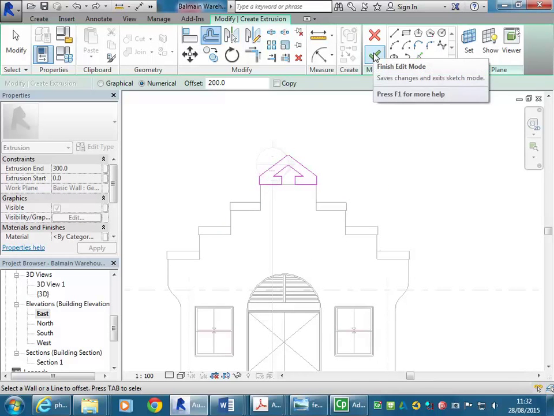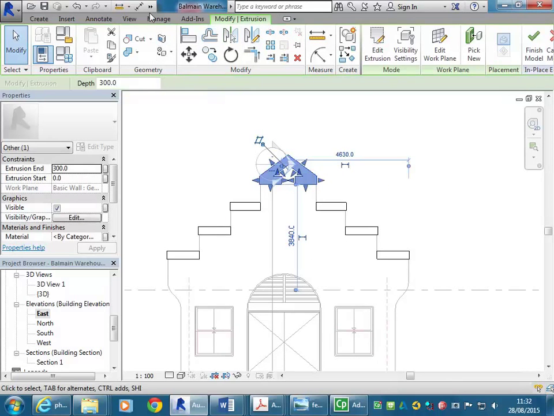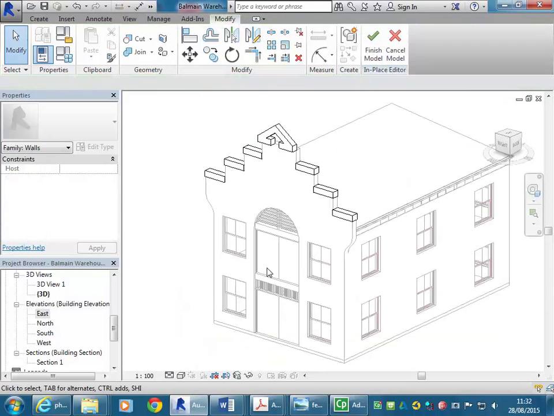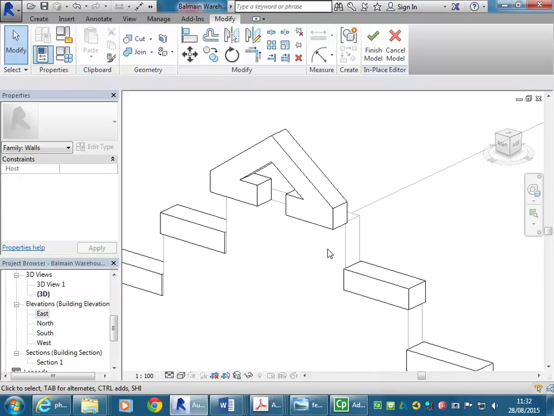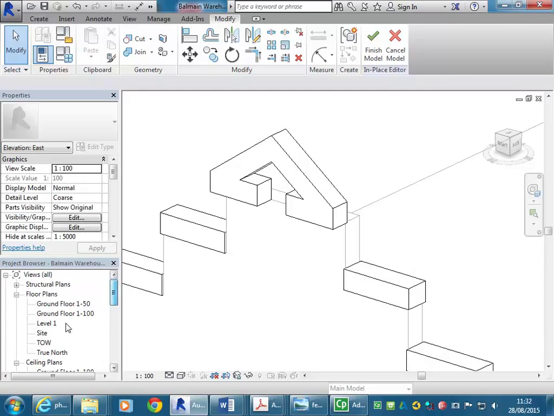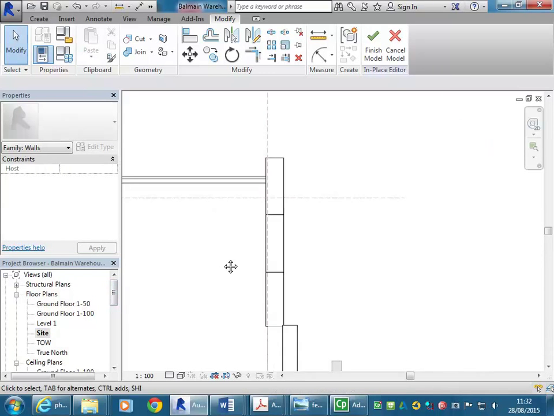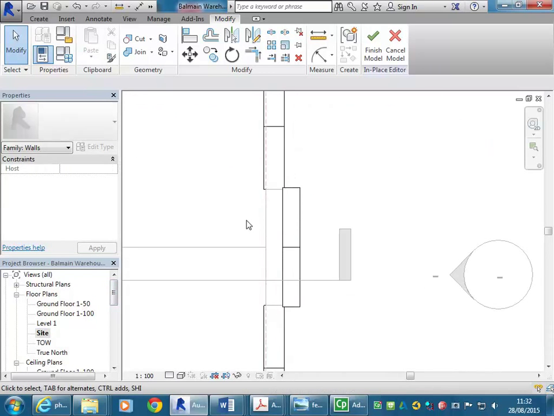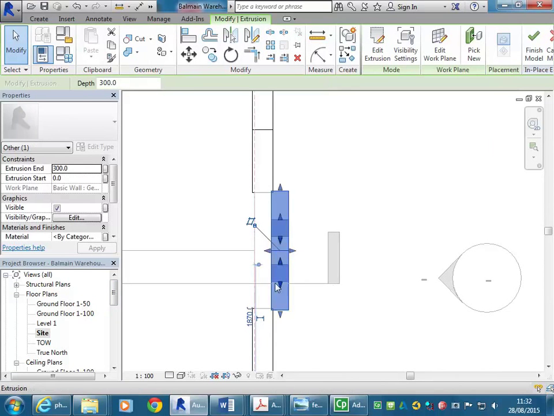So I'm going to use tick to finish that and show you in 3D what's happened. It's made it, but it's going the wrong way, because we made it on the surface of the wall and it's come forward of that. So by going into the site view, you can see it from above to get a handle on what's happening. And hopefully there you can just select it. And then when you're stretching it,